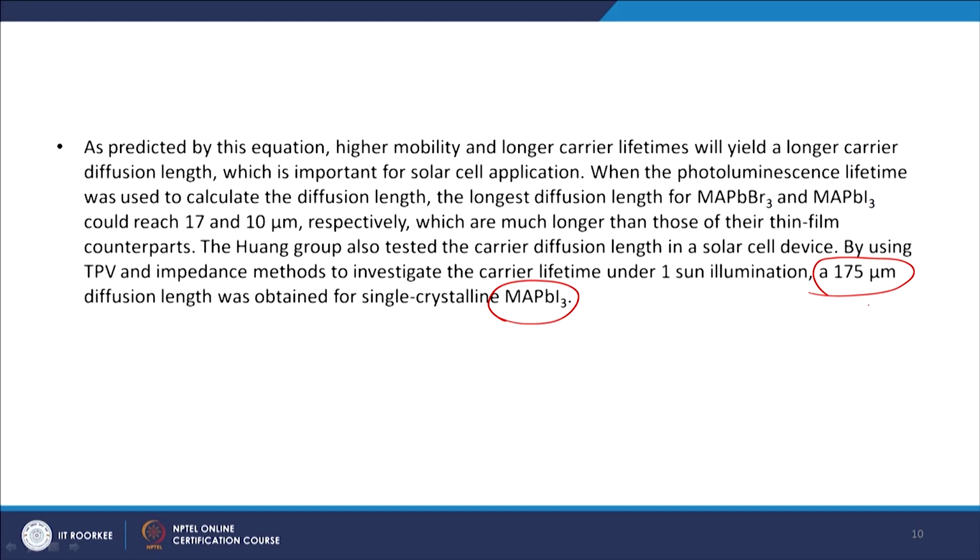So, we can use the transient spectroscopy method which we just explained in the previous slide, or the impedance spectroscopy method, which we will be discussing in our 8th module. Using either of these two techniques, one can find the charge carrier mobility and the carrier lifetime in the perovskite single crystal. And if we know the mobility and the lifetime, then we can find the charge carrier diffusion length. It has been found that, for example, for MAPbBr3, the diffusion length is 175 micrometer, which is very high,